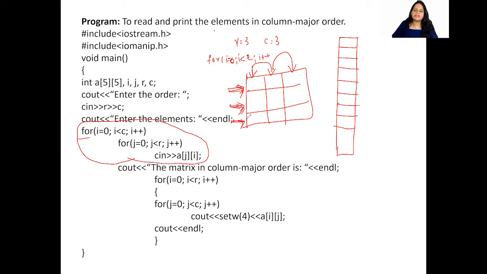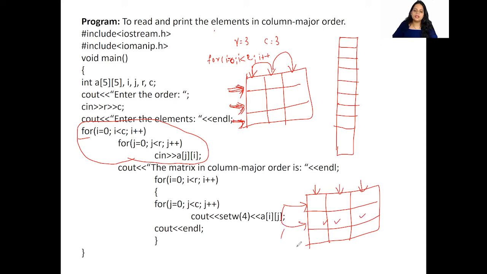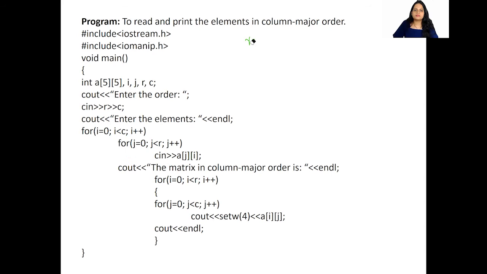Similarly, if we have to write a program for row major, then the first for loop would be taken for the row, and then I would increment the for loop for the column. Then I would increment this, and again start from the beginning, 1, 2, 3, and then increment this, and then 1, 2, 3. Now when we see the code, it's going to be clear.